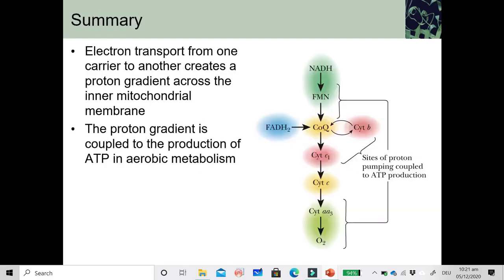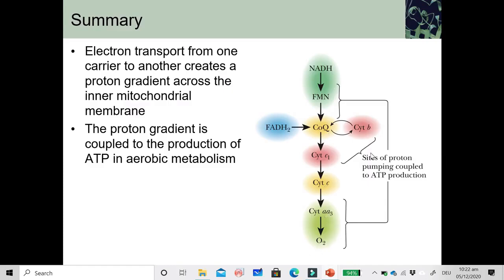The electron transport from one carrier to another, like, for example, we're going to discuss the details of this, so do not worry. This is just an overview of what we're about to discuss in detail. For example, the reduced equivalents like NADH as well as FADH2 are oxidized through a series of electron loss and electron gain, in other words, a series of redox, reduction-oxidation reactions, but involve a number of different intermediates like flavin mononucleotide, coenzyme Q, cytochrome b, cytochrome c1, cytochrome c, cytochrome aa3,